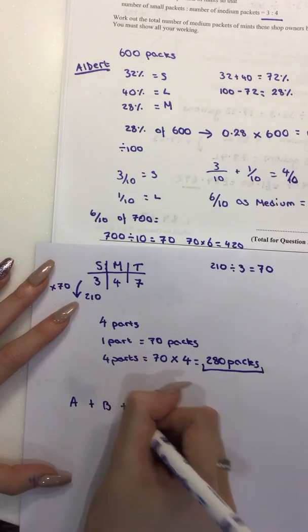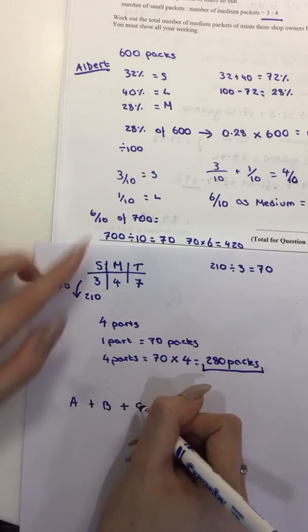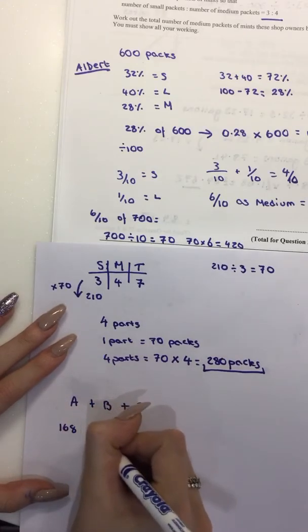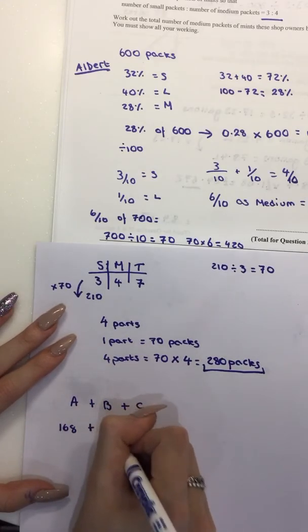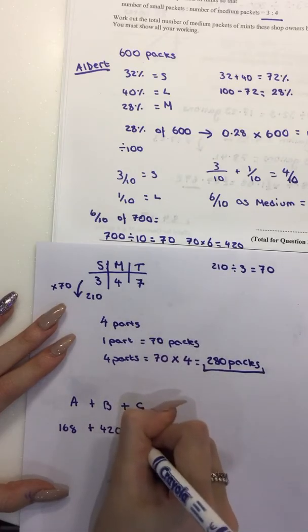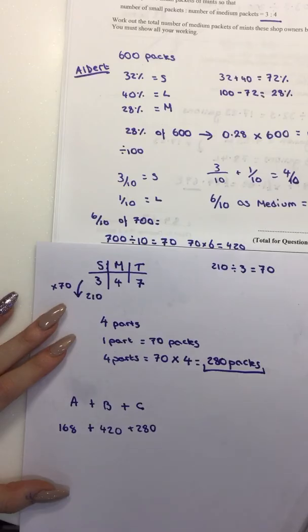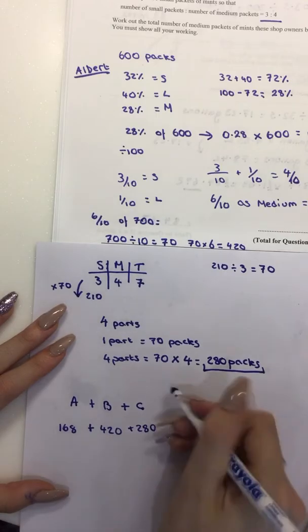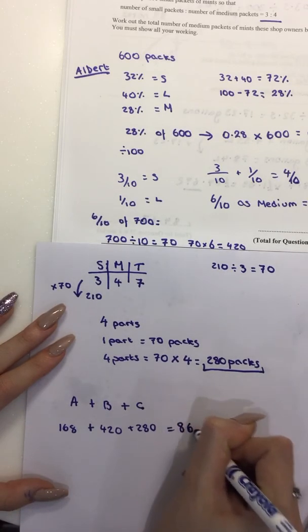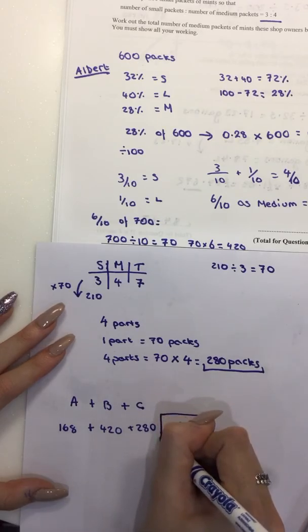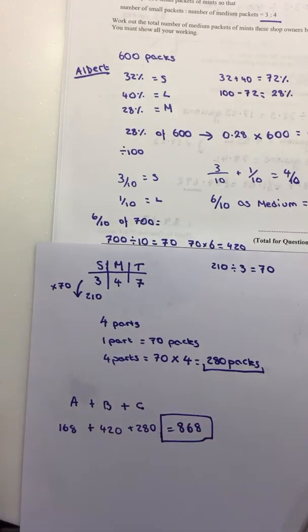Boguslawa and Charles. So we know that Albert bought 168, Boguslawa bought 420, and Charles bought 280. So if you put that on your calculator, we get 868 packets. So the total was 868 medium